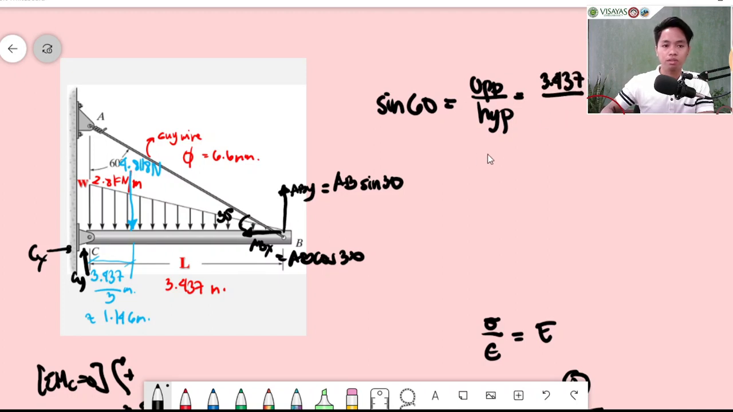3.437. Then the hypotenuse would be our L0, that is the original length of your AB, when it has no load yet. Meaning, original length, before it has deformed, right? So, therefore, our